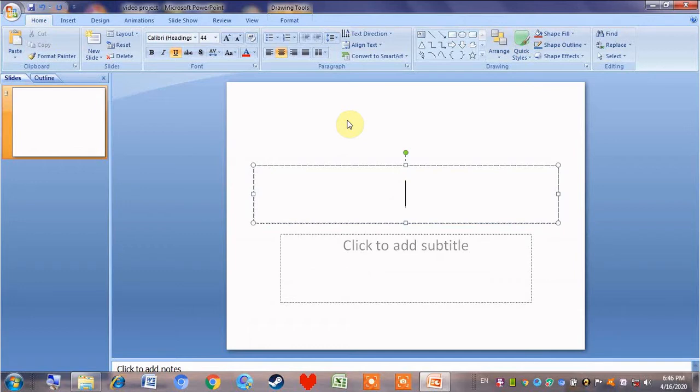If I type good, good will be underlined. And if I don't want it to be underlined, just press Ctrl+U again. Now if I type text, it will not be underlined. So next shortcut,